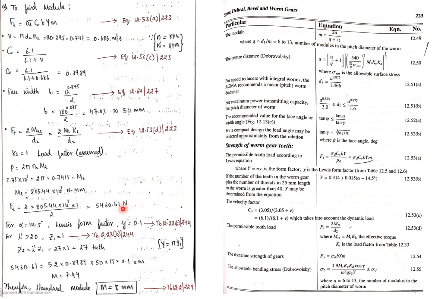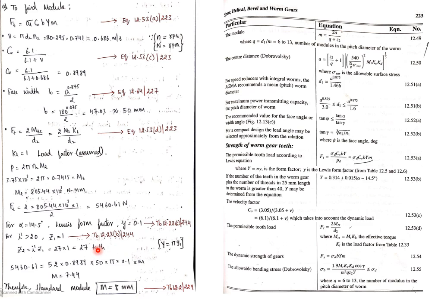Now the next step is to calculate the three known values. That is, for alpha is equal to 14.5, he has given the alpha in the question. Just find the value of y from this table, that is 12.28c to 244. Now a velocity ratio has been given, so I is greater than 20, hence we can take z1 is equal to, similarly z2 will be equal to 27. This is a very important step.